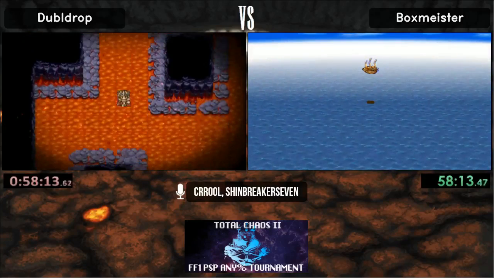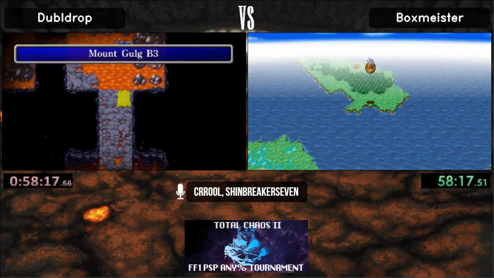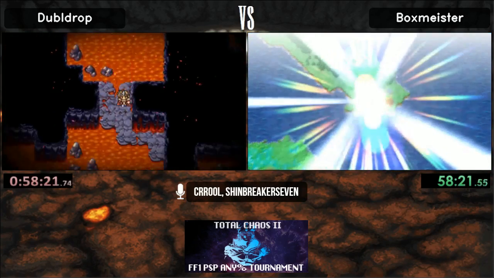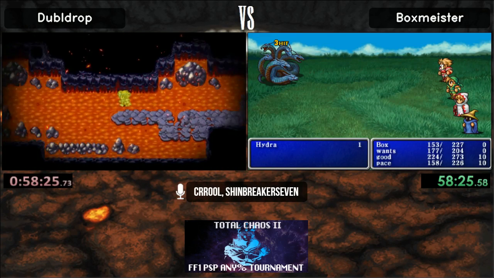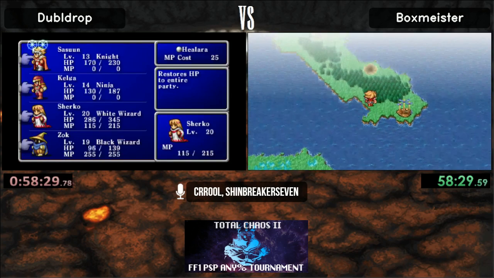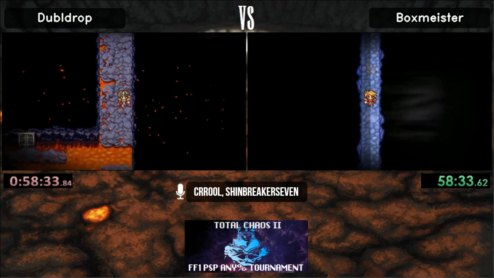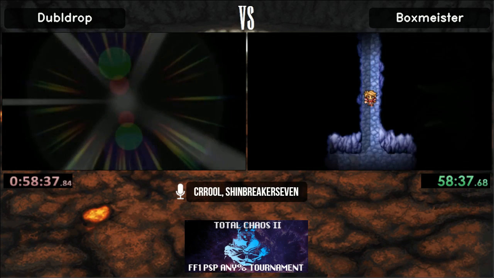Yeah, so you may notice on Dubldrop's end that he's walking on a lot of lava tiles. Now, that is not a coincidence. Dubldrop is actually purposely trying to take as many lava tiles as possible and trying to avoid the regular tiles where he can. The reason for that simply being that when you walk on lava tiles, you cannot actually get into an encounter. So the more you walk on lava tiles, the fewer encounters you'll get, and generally the faster